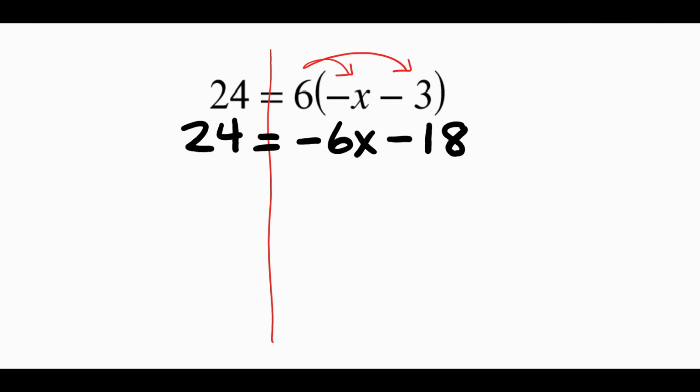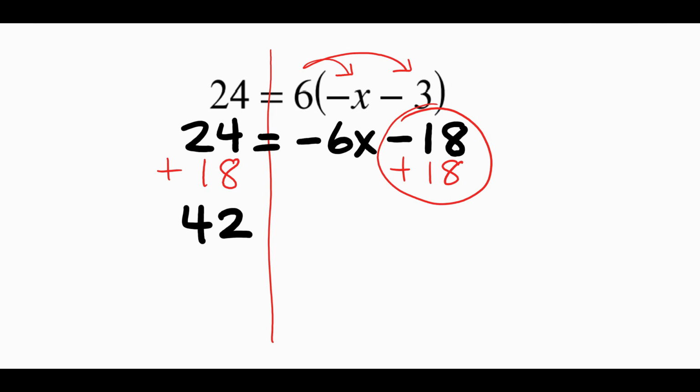So I cannot combine my 24 and my negative 18 yet because they're on opposite sides. So if they're on opposite sides, I'm going to do the opposite. The inverse of a negative 18 is a positive 18. And that will give me a 0 pair here. And 24 plus 18 is going to give me 42